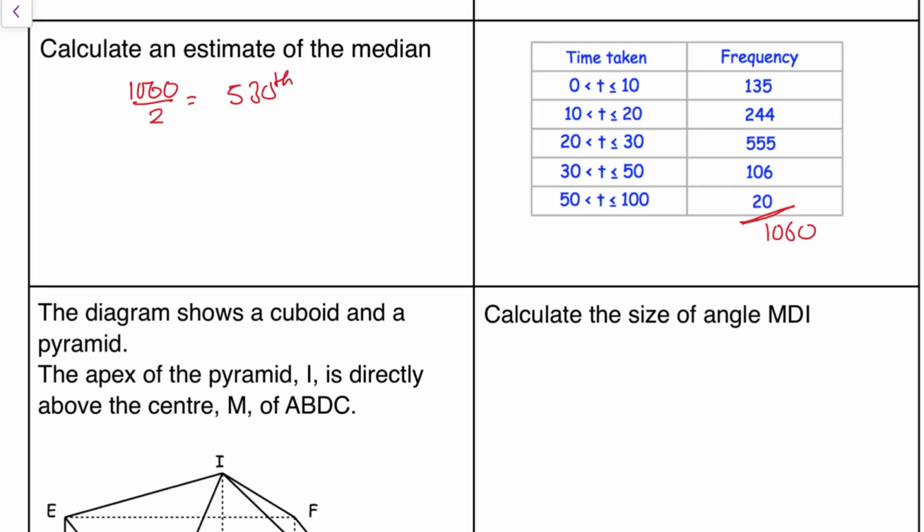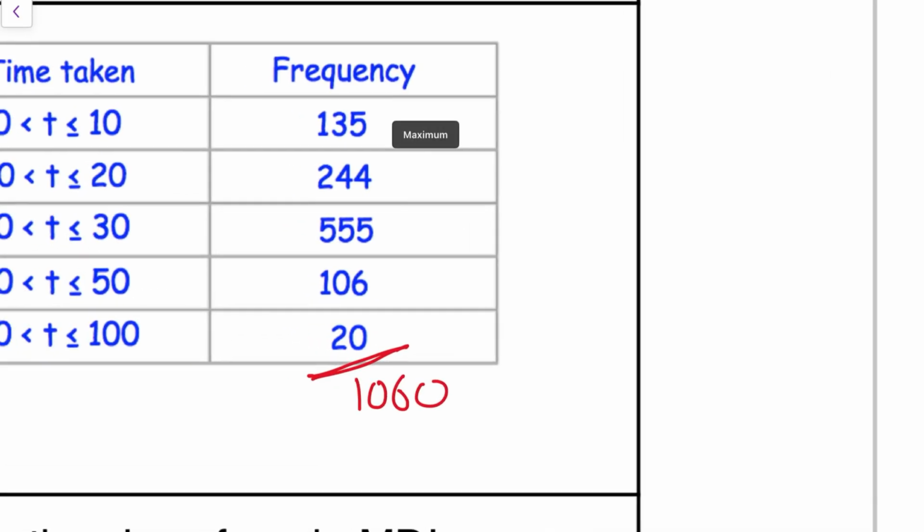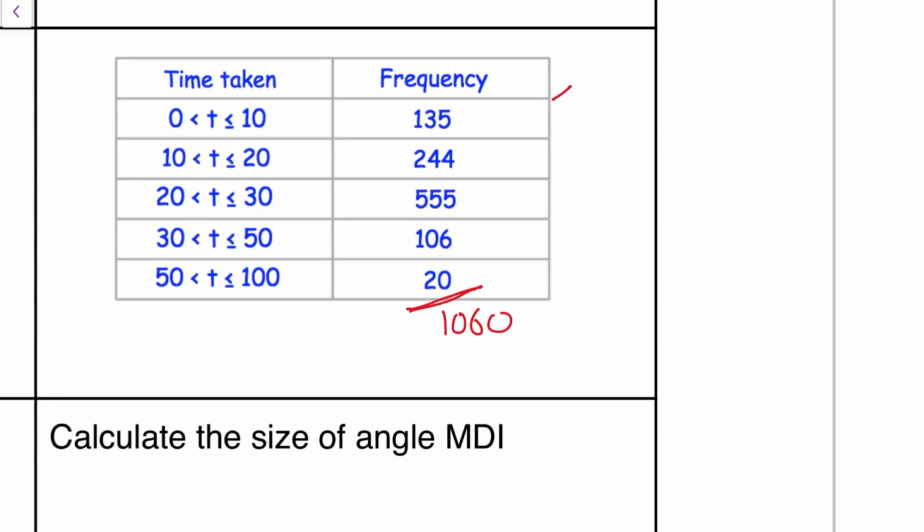In order to work out slightly better where that is, I'm going to use a cumulative frequency. So this is the way that I tend to do it. I'm going to zoom in because it's slightly easier to see what I'm doing. So there's 0 people here, and this goes up to 135. Then 135 plus 244 is 379. So I haven't got to the